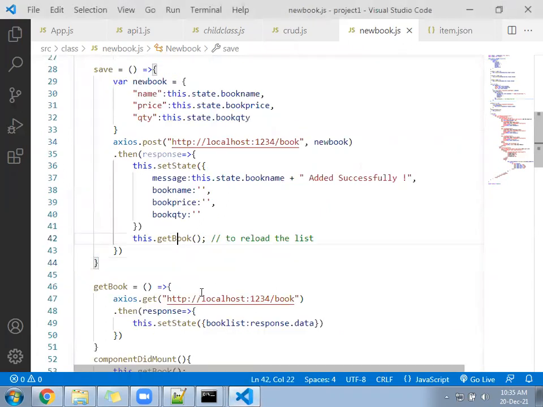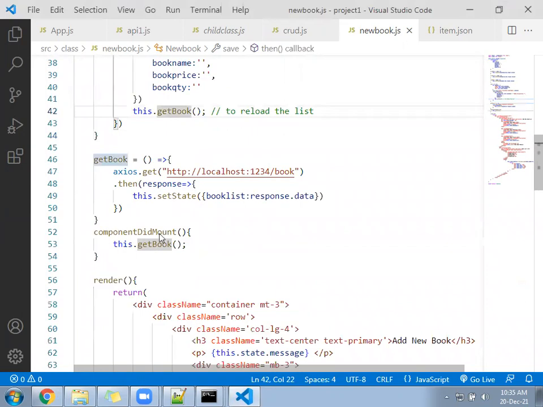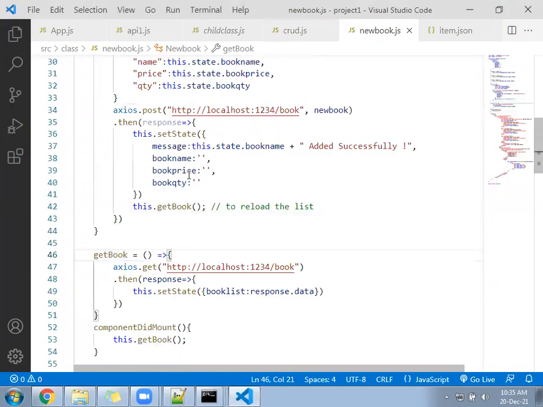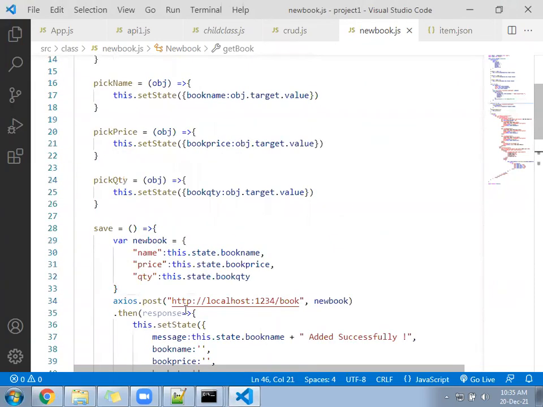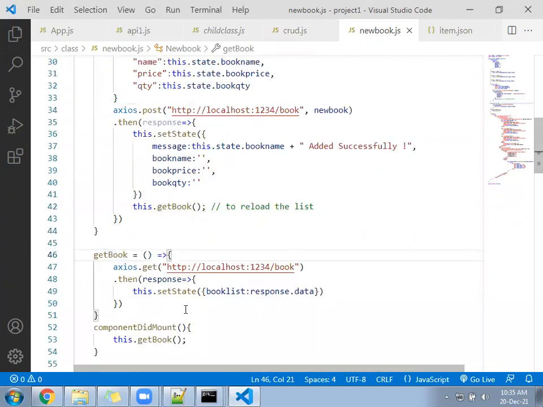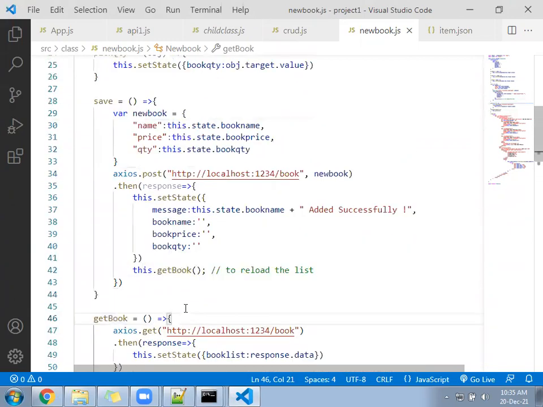I have the getbook function here, in component did mount. Yes, okay. But why is that getting reload? The save function is separate. Everything is separate. New book.